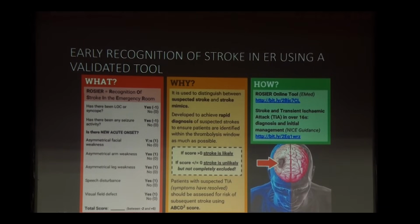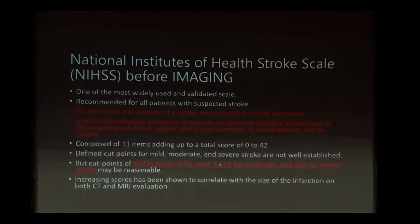For each one, you give 1 point each. Whereas if there has been a LOC or syncope, you give -1. If there has been any seizure activity, you give -1. Total score is between -2 to +5. If the score is more than 0, it means that stroke is likely. If the score is less than 0, it means that stroke is unlikely, but it is not completely excluded. So for an emergency physician, always make sure that you maintain a very low threshold for imaging in any case